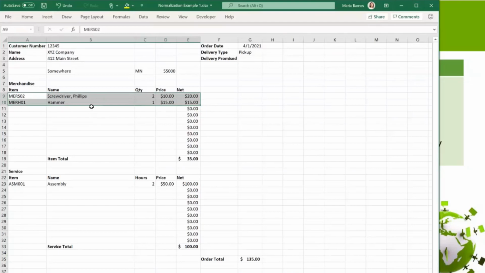In addition, you might want to have further normalization. For example, there's a mapping here between item and name. And so you probably have a merchandise table someplace that tells you this item number has a name, and that item also has a price that goes with it. So if you were creating this in a table, you would probably want